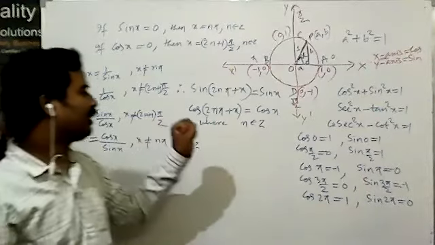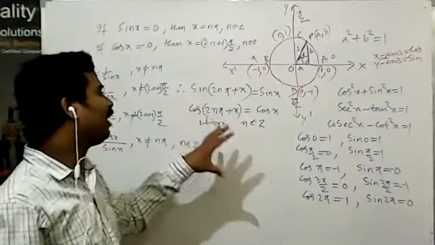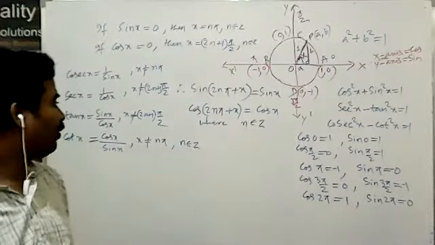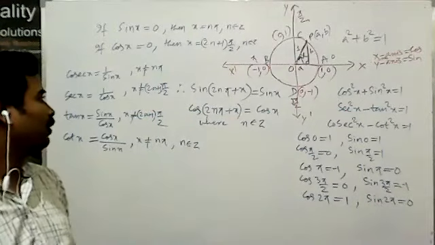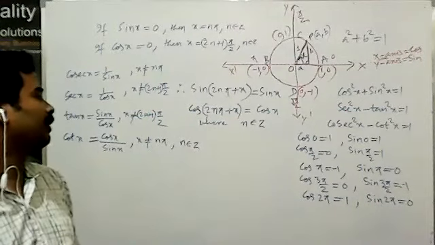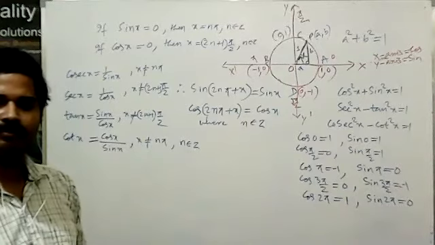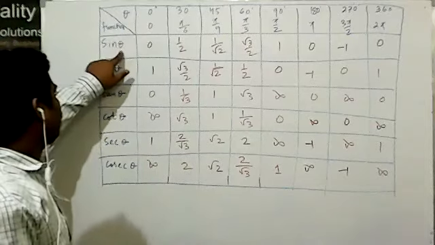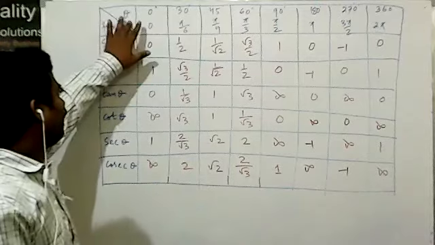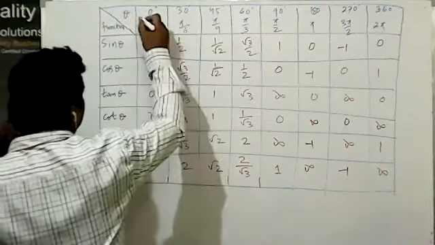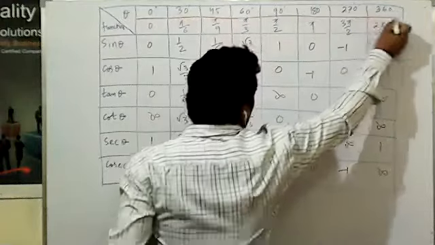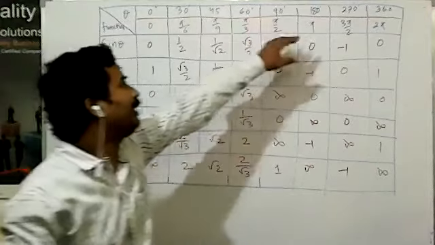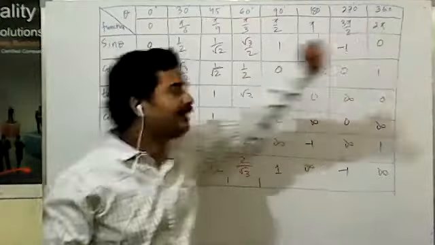That's why these unit circle ideas give a different view of the trigonometric function values. So we introduce other trigonometric functions and some related equations. These are the trigonometric values used by trigonometric functions. Theta here is in degree format and radian format: 0 degree, 30 degree, 45 degree, 60 degree, 90 degree, 180 degree, 270 degree, 360 degree.